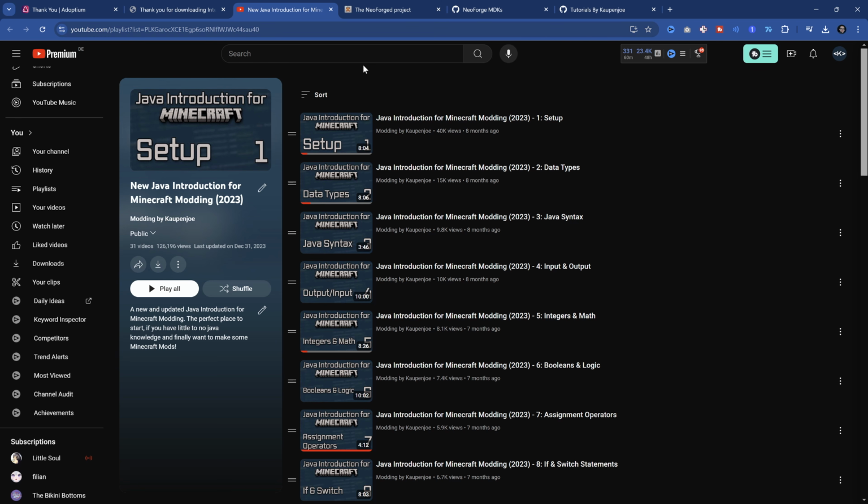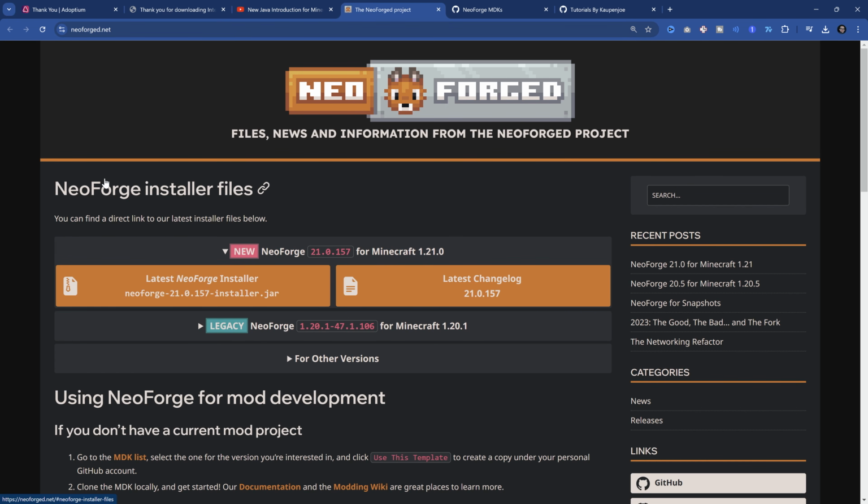It is actually crazy. So feel free to peruse that, of course, and then maybe either come back or do this in parallel, right? Learn a little bit of Java, learn a little bit of modding, like sort of at the side, and then you're pretty much going to be good to go. I basically want to make sure that you understand you will need Java if you want to do this in any serious way, shape, or form, so keep that in mind. But if you're already intermediate at Java, well, then you're good to go. And for anyone else, we can then move on to the Neo4j project.